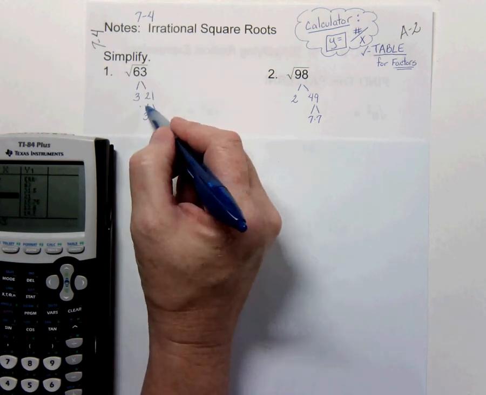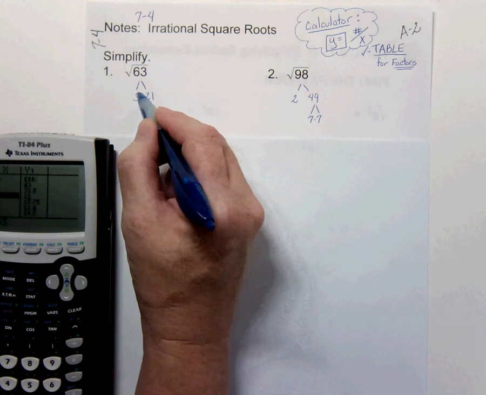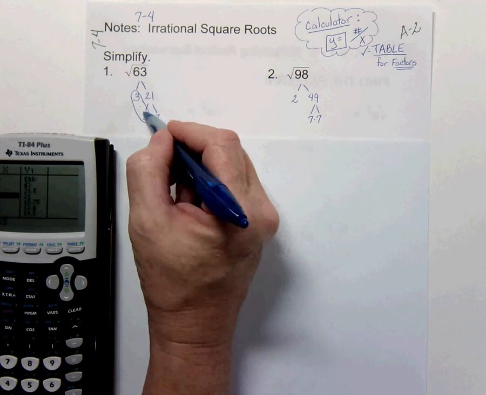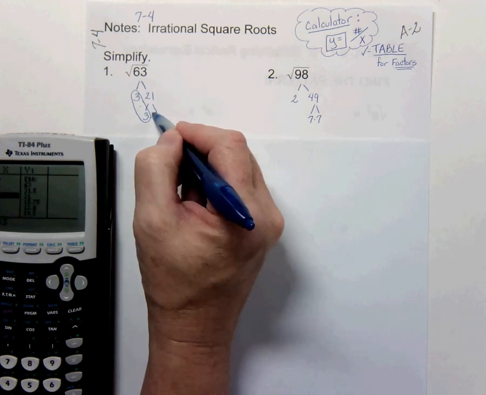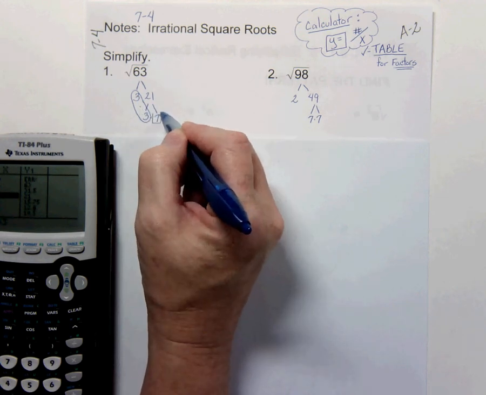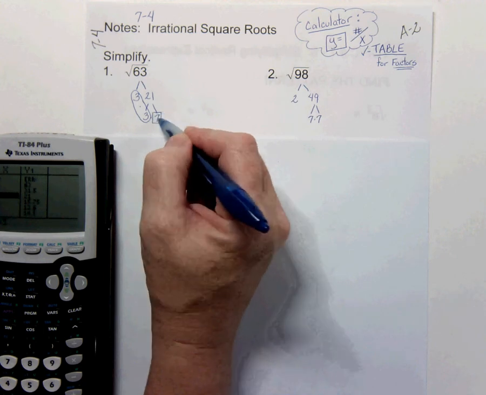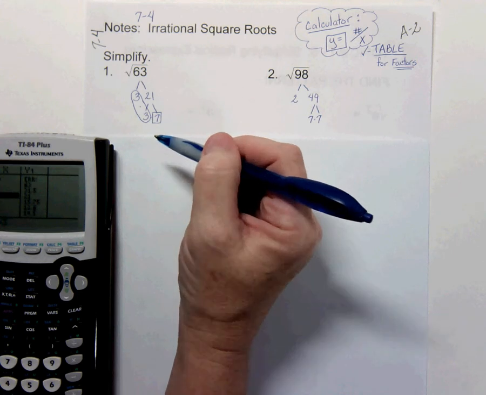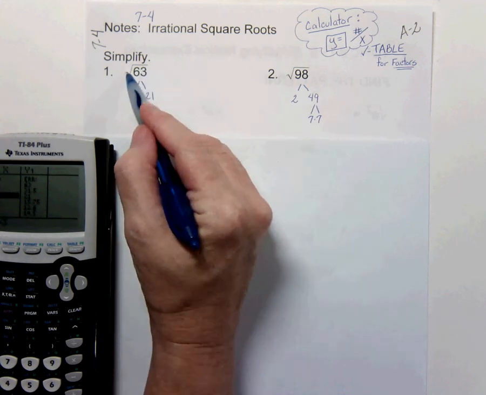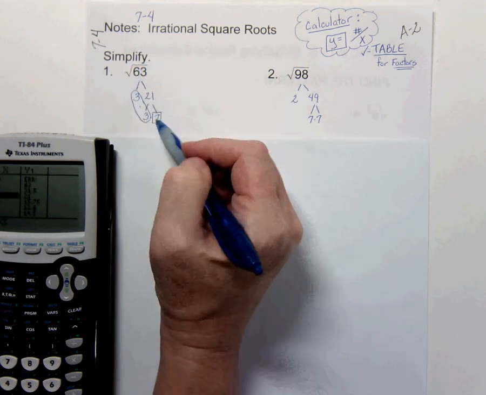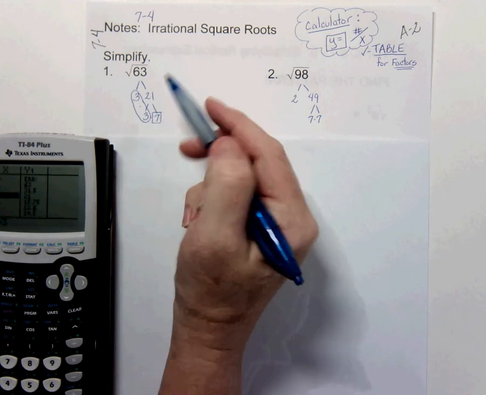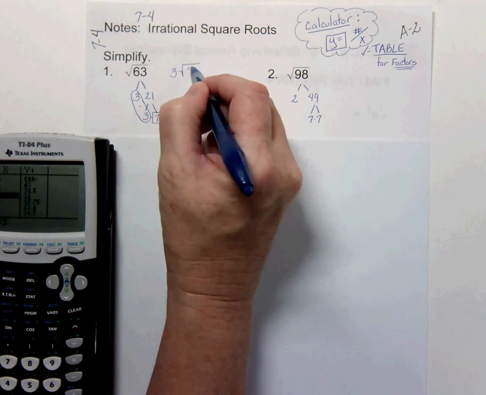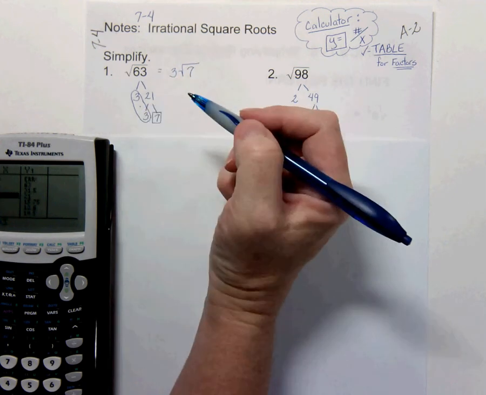What you're looking for are perfect pairs. So when you get a pair of numbers, I want you to get in the habit of circling that pair of numbers. Whatever's left underneath that cannot be factored or paired up, you put it into a box. This will help you know what factors outside of the radical sign and what stays under the radical sign. This is a pair of 3s, and what stays under is a 7. So that would be your answer.